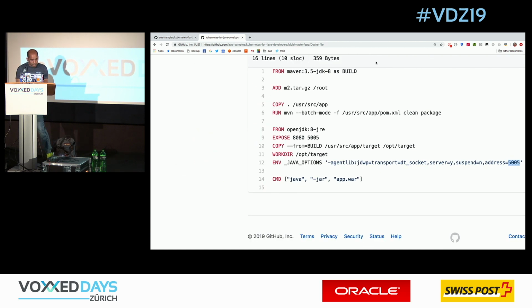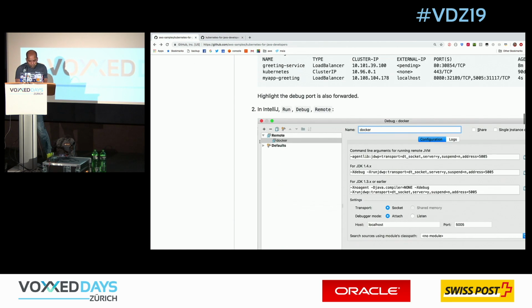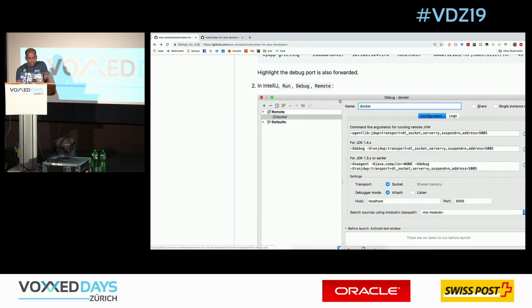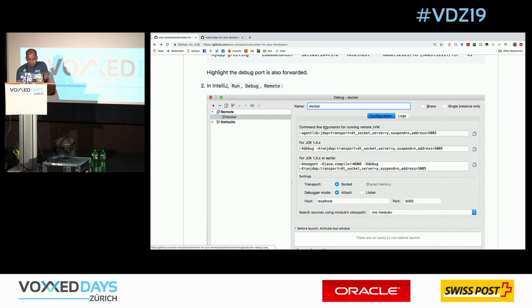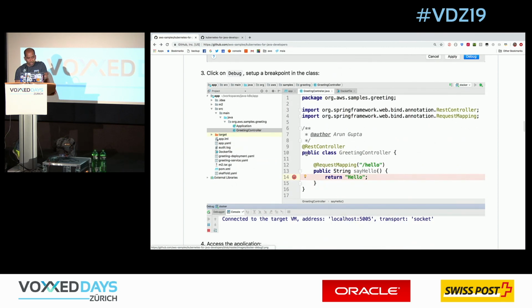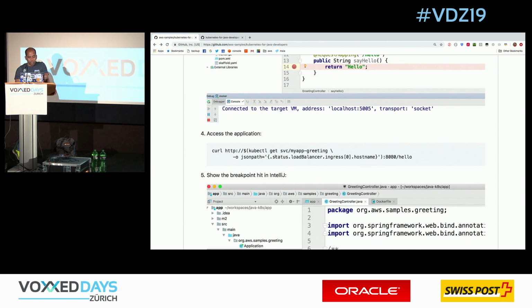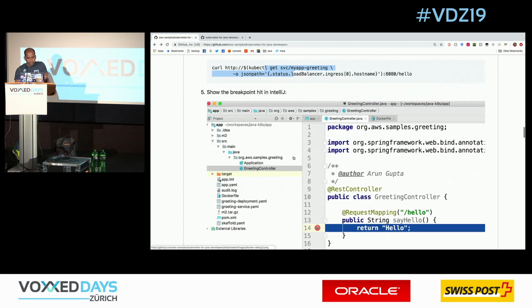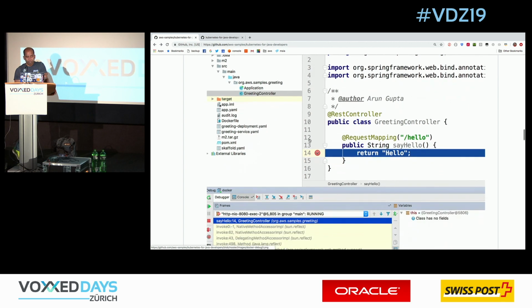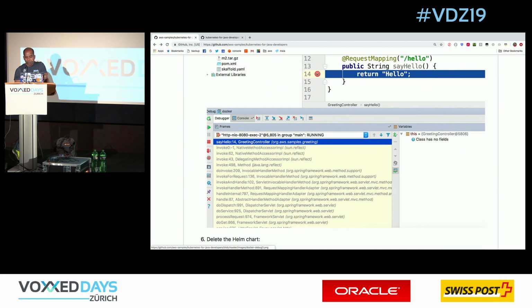So if I go back here, what we're doing is IntelliJ Run, Debug, Remote, and it fires up, adding these options essentially for your JAVA_OPTIONS. And once I do that, you set up a breakpoint in your application. And anytime you invoke the application, same URL, it basically shows the breakpoint hit in IntelliJ. And now I can look at my entire stack trace. The class has no fields, of course, so it doesn't show anything. But if there is anything meaningful, interesting data, it spits out your entire stack trace and your class state over there.